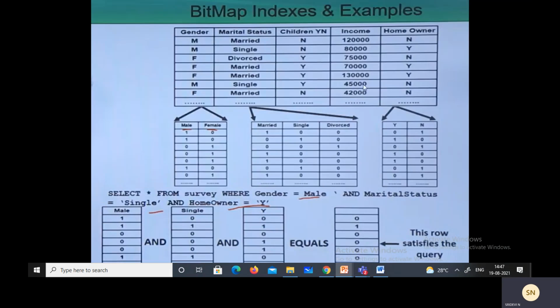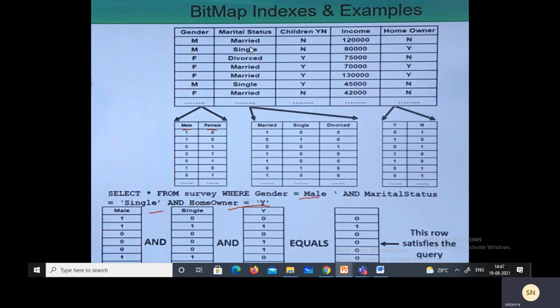This is one more example where marital status and homeowner equal Y. By constructing the bitmap for this table, they have solved this query. They first categorized based on gender, where we have male and female, and corresponding records are marked as 1 if the record is there, otherwise 0.